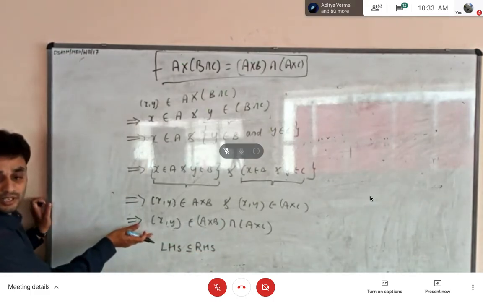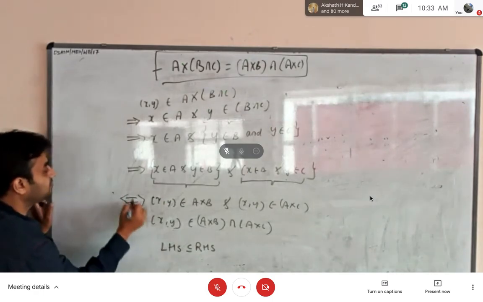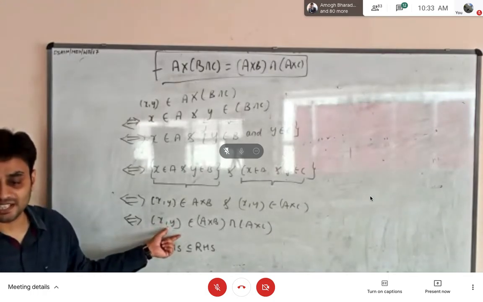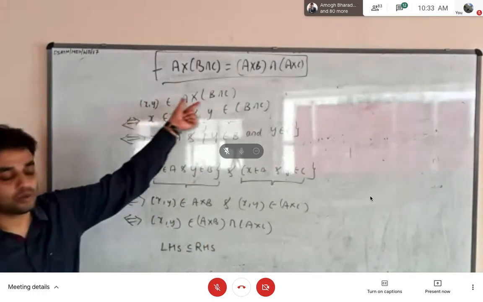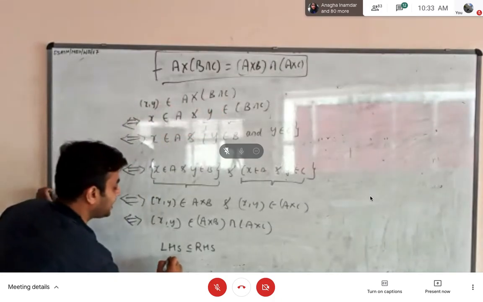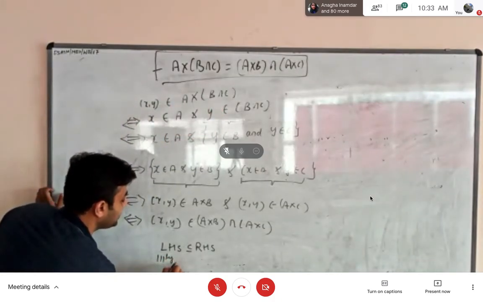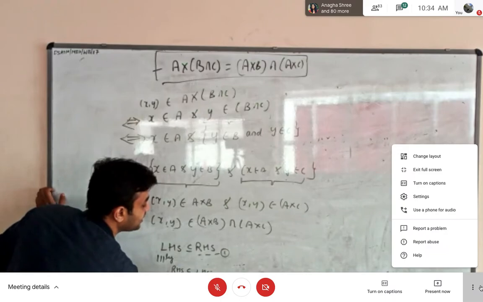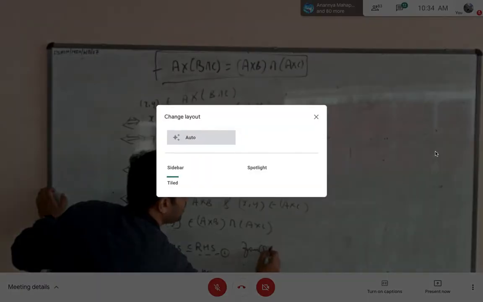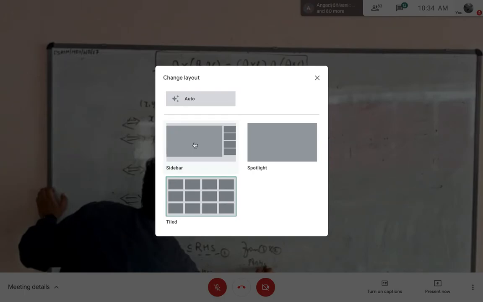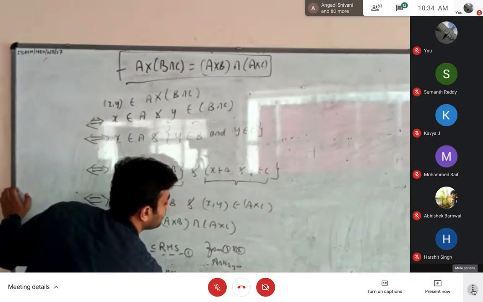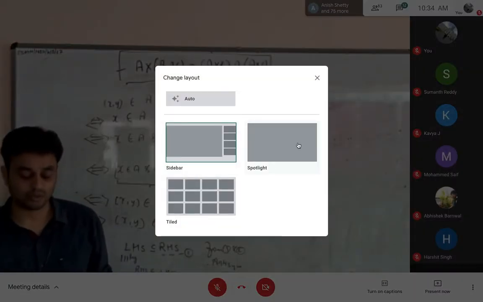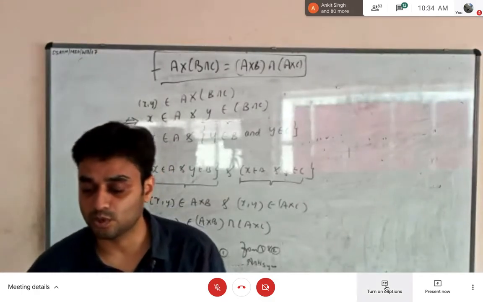If you look at this problem in the bottom to top direction, you just have to use this symbol, right? If you look at this problem in this direction, whatever ordered pair belongs to the RHS, the same ordered pair also belongs to LHS, right? So from this, I can conclude that similarly, RHS is also a subset of LHS. Okay, so this you can take as 1, this you can take as 2. From 1 and 2, and from the rule of anti-symmetry, you can conclude that LHS is equal to RHS. In the exam, this conclusion is very much important. So have some patience, write the conclusion properly, otherwise you won't get full marks.